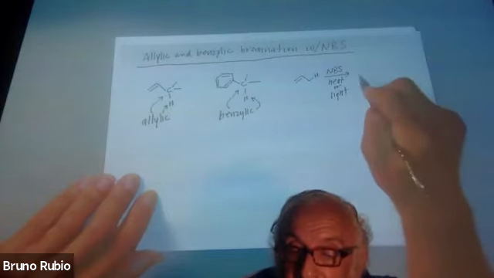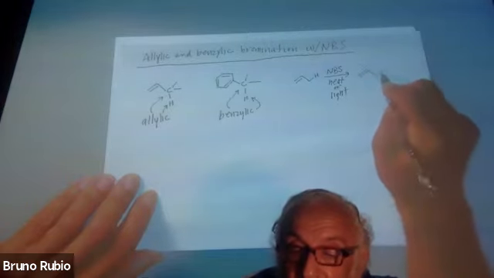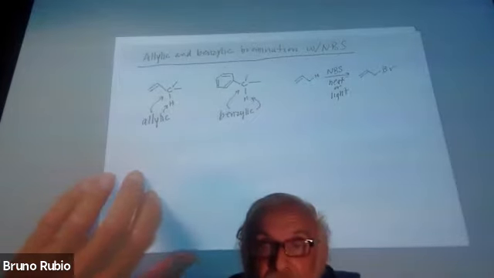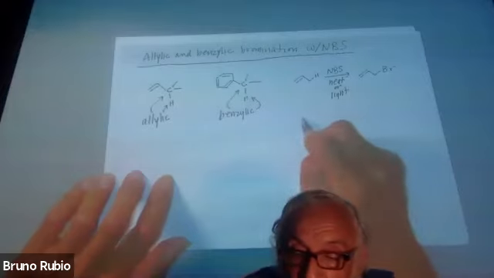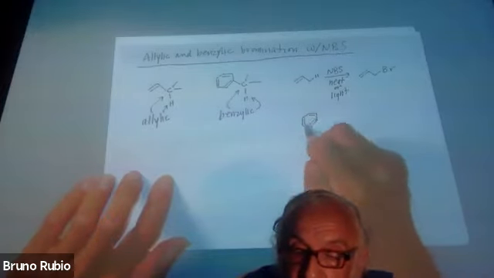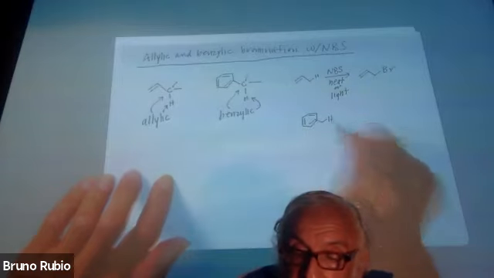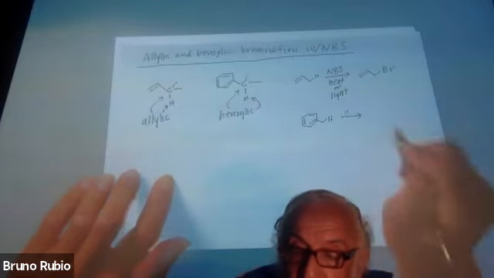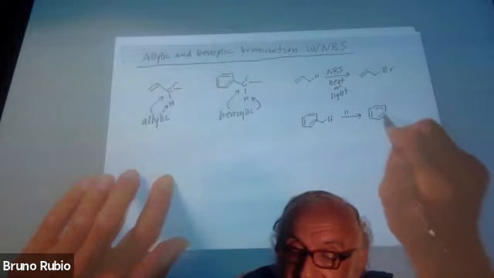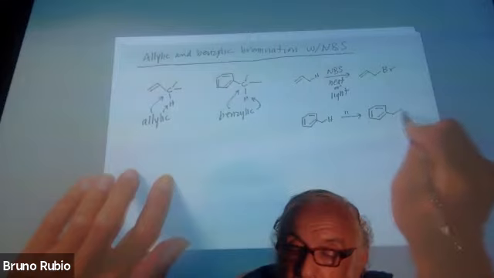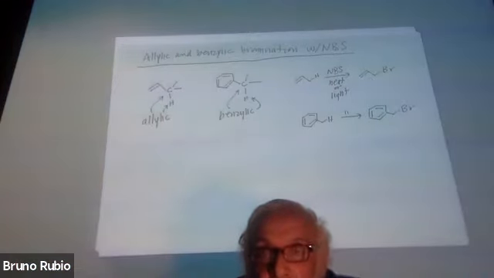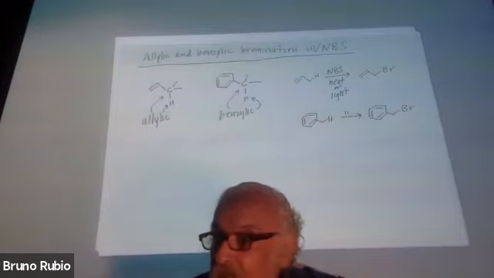And what NBS does is replace the allylic hydrogen with bromine. We would have a benzylic substrate, and we use NBS, and NBS replaces a benzylic hydrogen with bromine. So that's what this reaction does, replaces allylic and benzylic